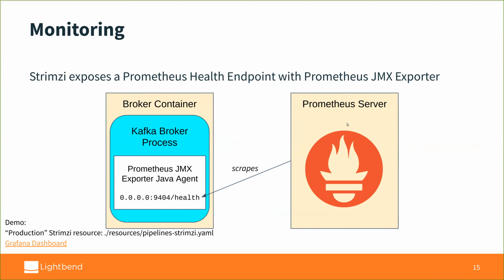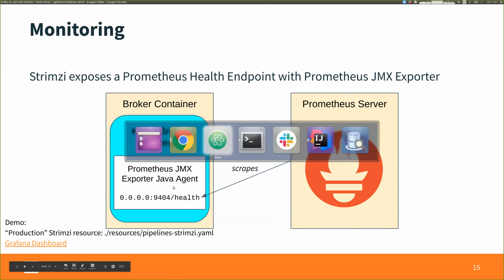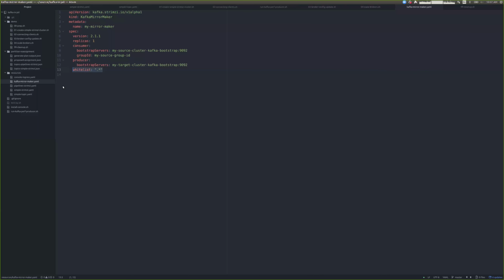And then you set up a Prometheus server, which will either automatically scrape these based on a certain annotation that gets set on these pods, or you configure the Prometheus server to scrape it. And this acts basically like a database for metrics that you can query and then use a tool like Grafana to visualize, if you like. So I'm going to show two things. I'm going to show a more realistic production